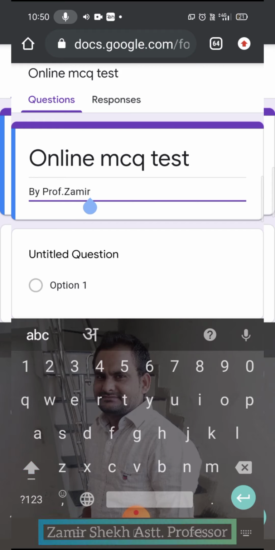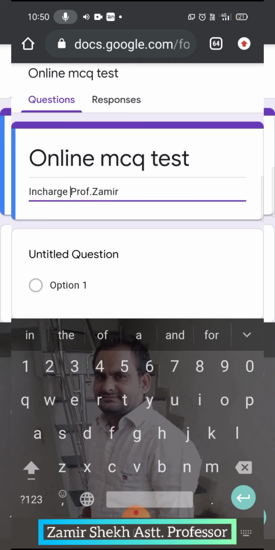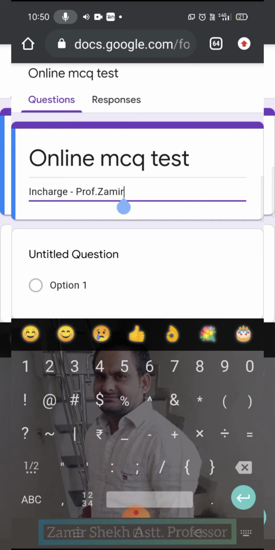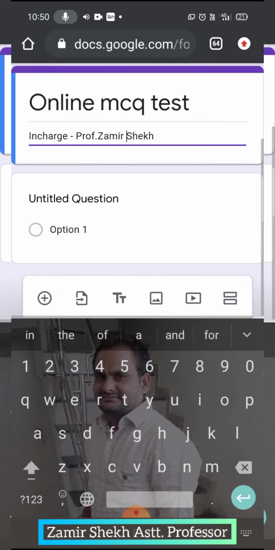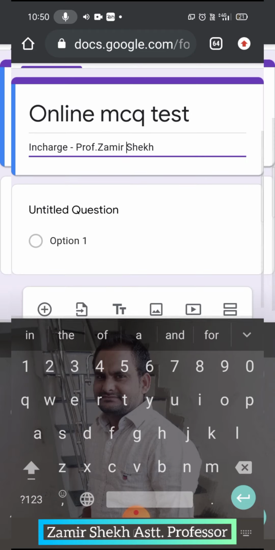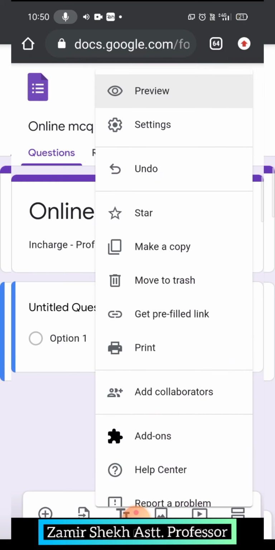So first give the title, online MCQ test on this topic by the in-charge, for example Professor Zamir Sheikh. You can also mention the college name or the institution name, and also some instructions. This is the first important instruction particularly for that.